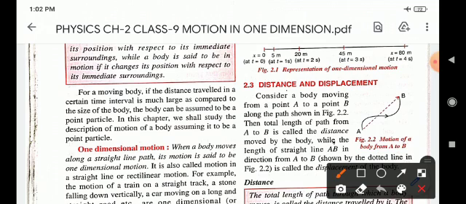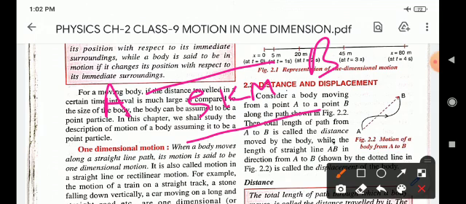If any body moves from A to B 5 km, and moves from B to A, 15 km,